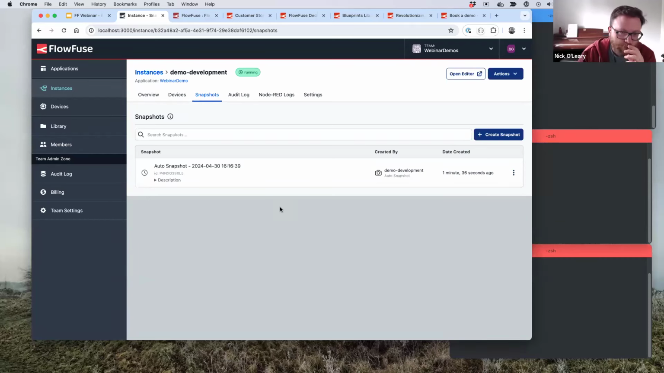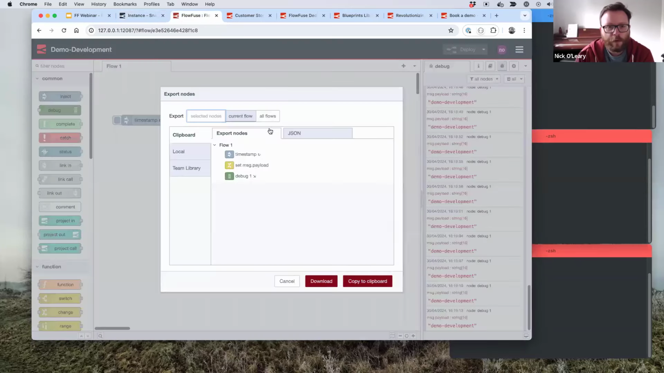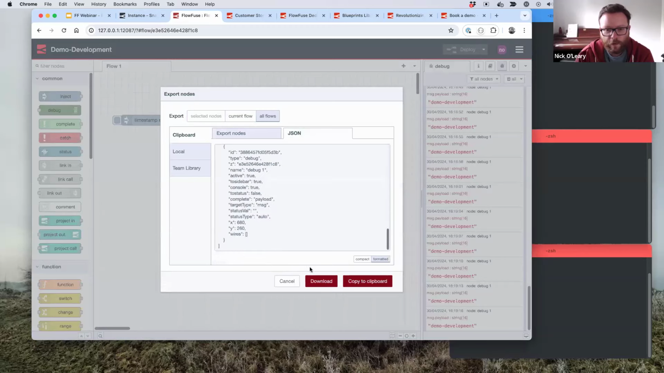But snapshots have more than just being used for backups. They're also a key way in how you can start building a deployment pipeline. So how do you manage Node-RED development where you want a development environment and a production environment? A traditional workflow might be you work in your development environment and then manually in the editor, you hit export, you say all flows, you grab the flow JSON, you copy it,